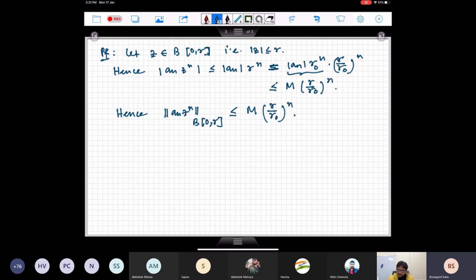Now do I see that summation a_n z power n is normally convergent on B(0, r)? Why? By the comparison test, with the geometric series. Absolutely. r is less than r naught. So this one is going to give me a geometric series with ratio less than 1. Therefore, I can say, since r is less than r naught, by comparing with the geometric series,